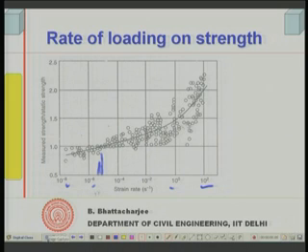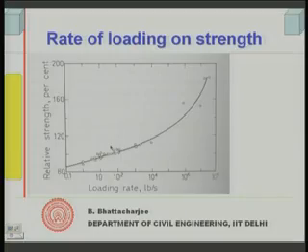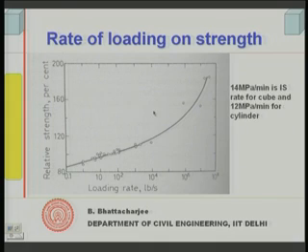This is strain rate of loading. If we look at stress rate of loading, a similar situation we will see, and it shows that it again increases exponentially. This is of course in pounds per second. So relative strength increases exponentially, but this aspect is important in testing, and this parameter must be taken care of in laboratory quality control testing of concrete.